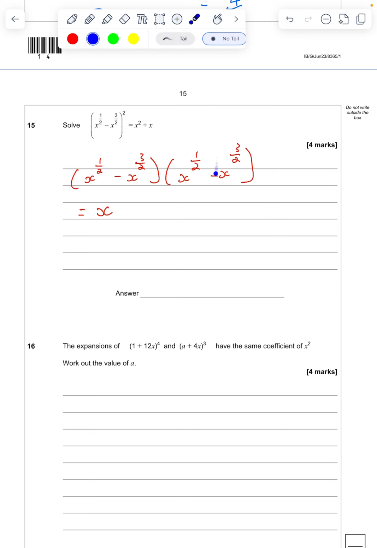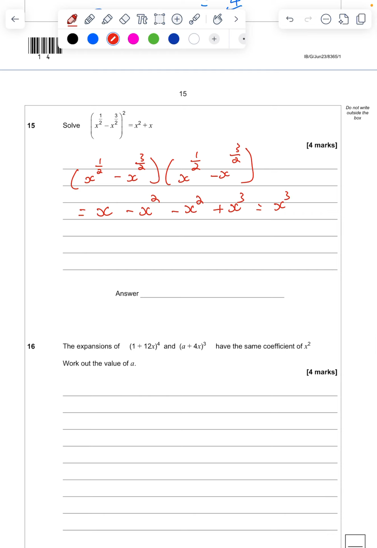You then do x to the half by minus x to the power of 3 over 2, and a half add 1.5 is 2, so that will give you minus x squared. You've then got x to the 3 over 2, negative times by x to the half, add the powers, again you get minus x squared. And then finally, you've got timesing two negatives, which will give you a plus. 1.5 and 1.5 is going to give you x to the power of 3. So that just simplifies down to x cubed, and then minus 2x squared